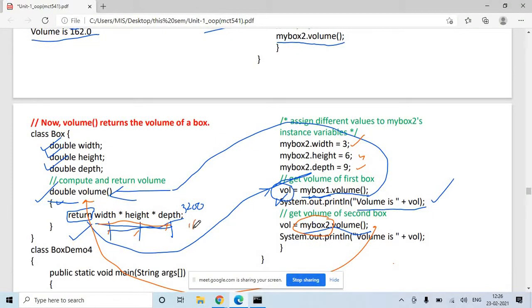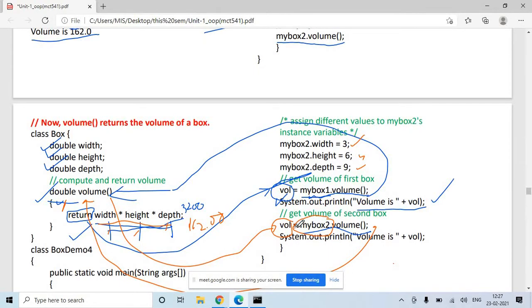162.00. This value is of type double. So double is the return type. Okay, so it will return to the same line from where you have called the function. There you need to store the value, so you have stored it into the volume variable.